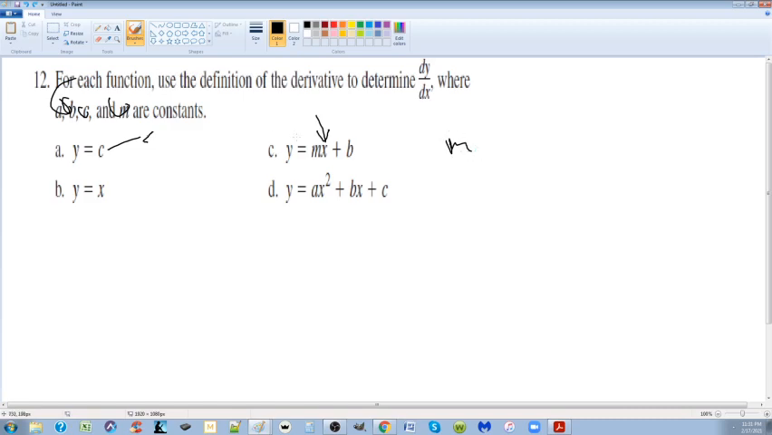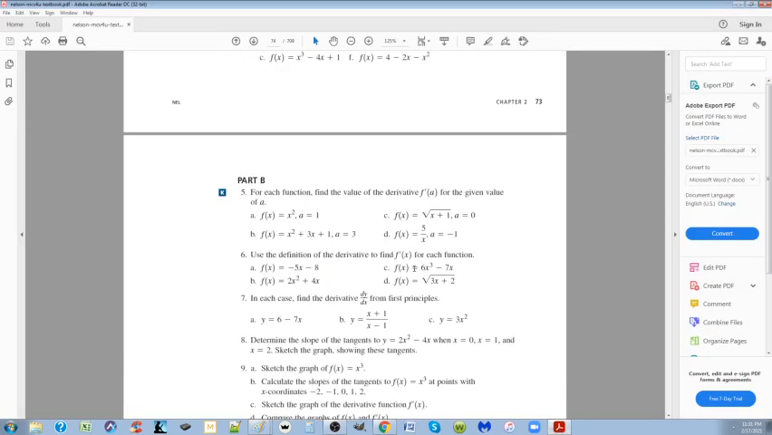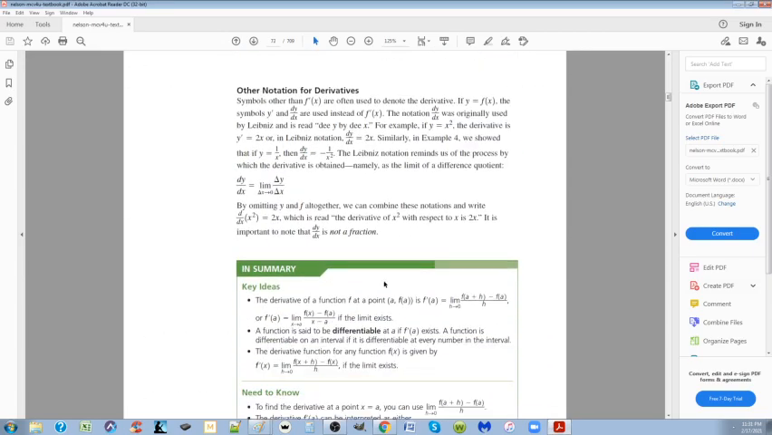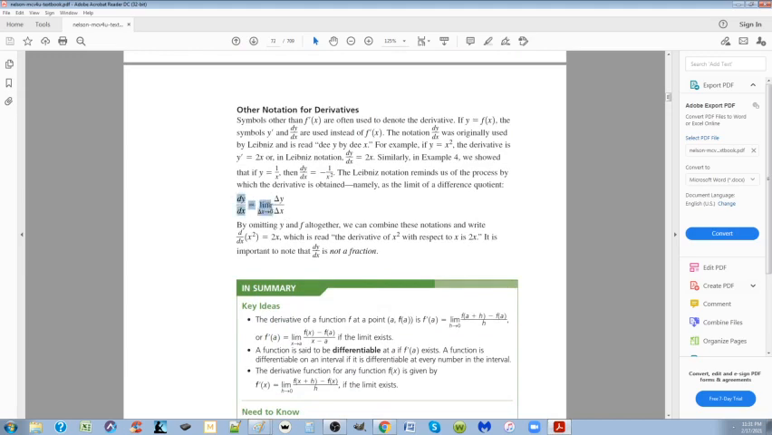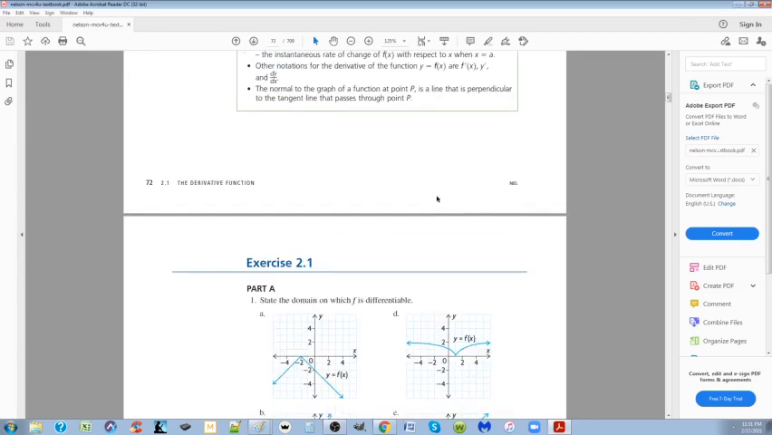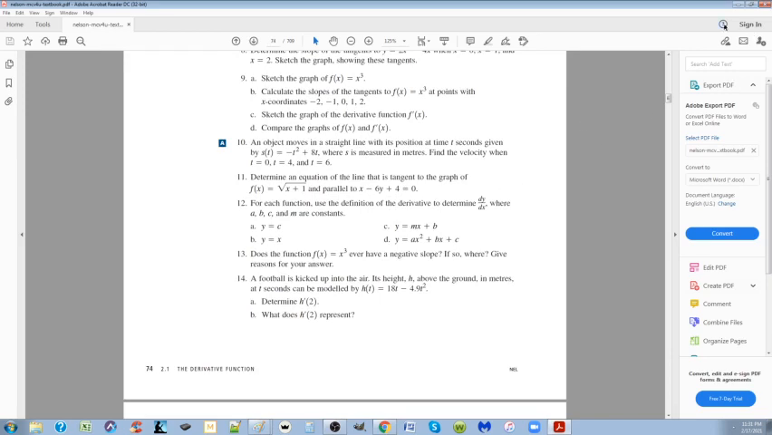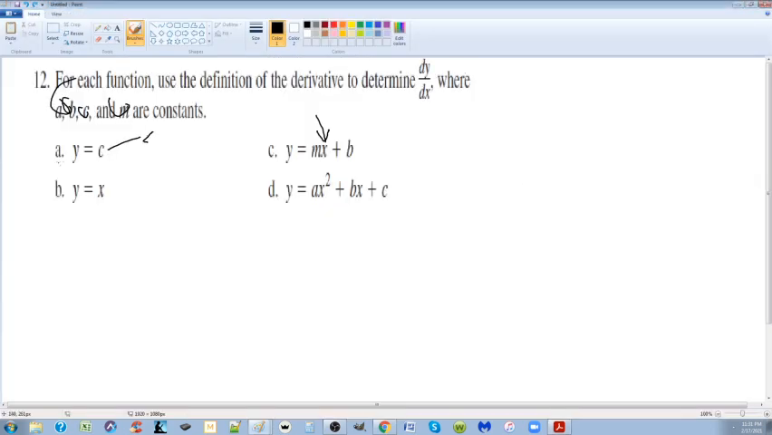I don't know what they mean by the definition of the derivative, but I think what they mean is, if I go back to the book, what page am I on, by the way? 73, 74? The definition of the derivative is this: delta y over delta x as delta x approaches 0. So it's pretty much the same thing. It is the same thing, just you have to take it in terms of delta x and delta y. So here, to determine the derivative of this,